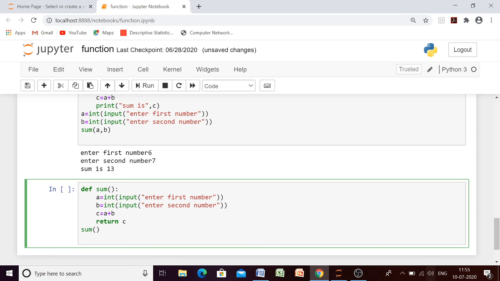Now what to do? Our function is returning something, bete. What is it returning? It is returning an integer value. And what is that integer value? That integer value is the sum of a and b. So where will it return? It will return this particular value to that very position where we are calling it. Okay. So if our function is going to return something, it means when we are calling it, we must have some place to store that value that we are getting from there.